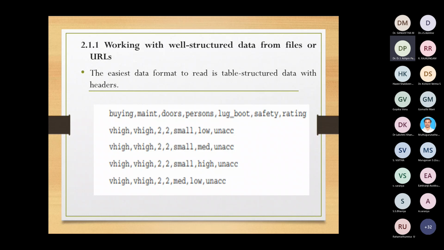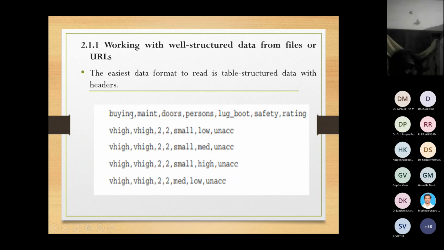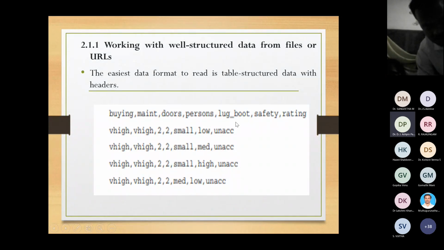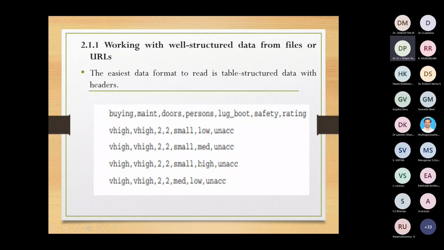So a lot of public data will be in this tabular format. And here you see this header row contains the names of the data fields. Here it is separated by commas, hence it is called comma separated values. You can easily load comma separated values and do analysis. And then here you see the instances, this is the core data.